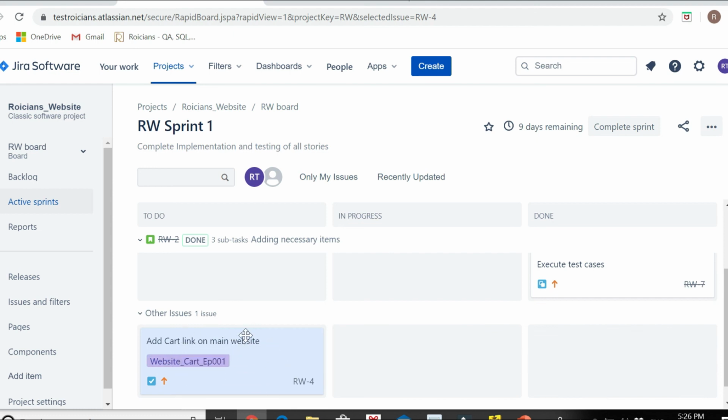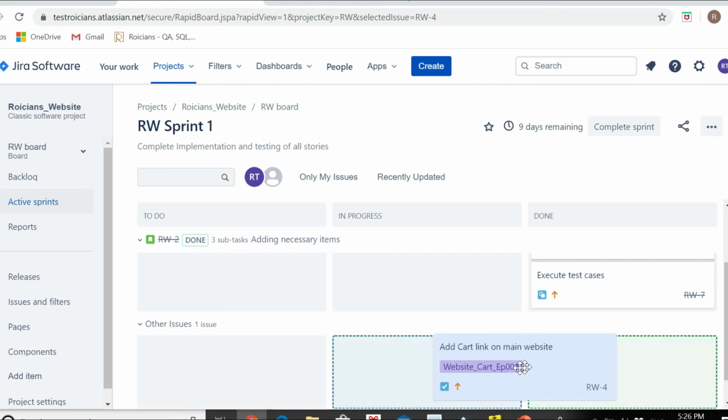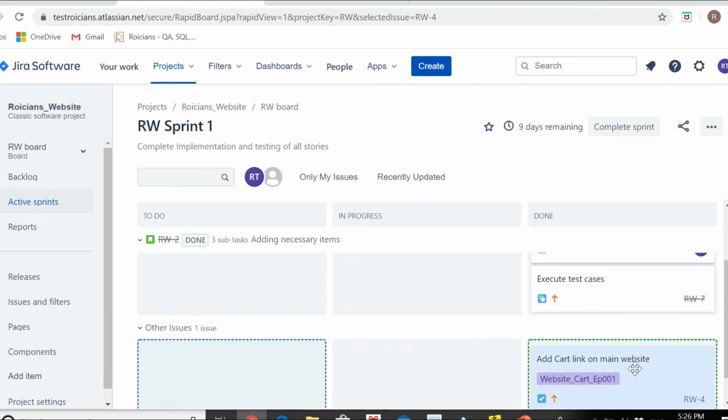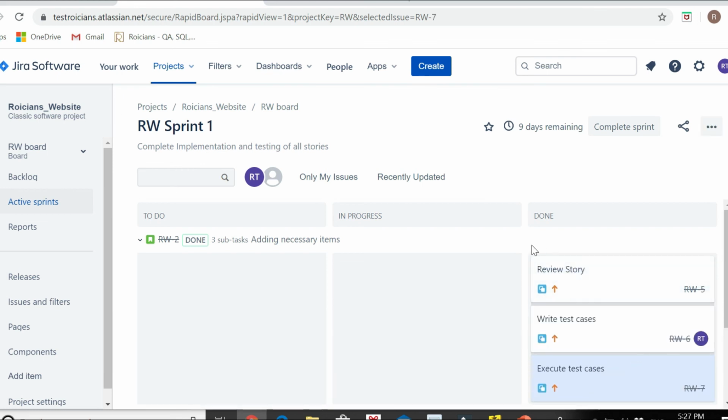Let's say now the developer has developed this task, he has worked on it. It will also move first to in progress and then to the done section. So guys, this is how you work on your subtasks, tasks or stories, and you can change the status according to your work progress. You can assign these stories or subtasks to any of the team members from the assign option. So guys, this is the overall overview of creating sprints, prioritizing the stories in a sprint, allocating story points and assigning stories to team members.